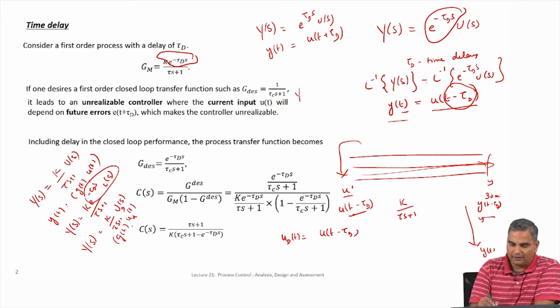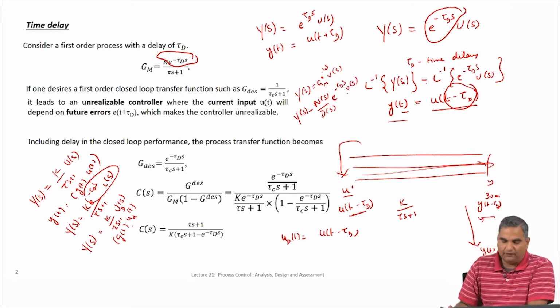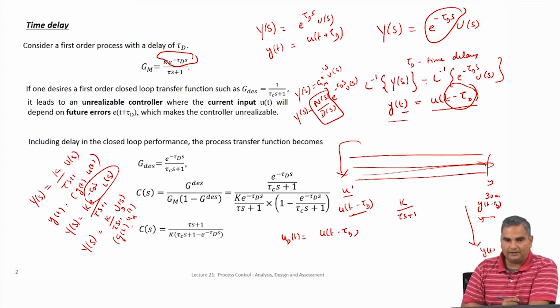If I have y of s is some g model times u of s, where g model has a first order part and then e power minus tau d s in the numerator, then whatever functional form we had used, the partial fraction expansion and so on, can be directly used here, because I can put this portion in partial fraction form and then do the inversion,